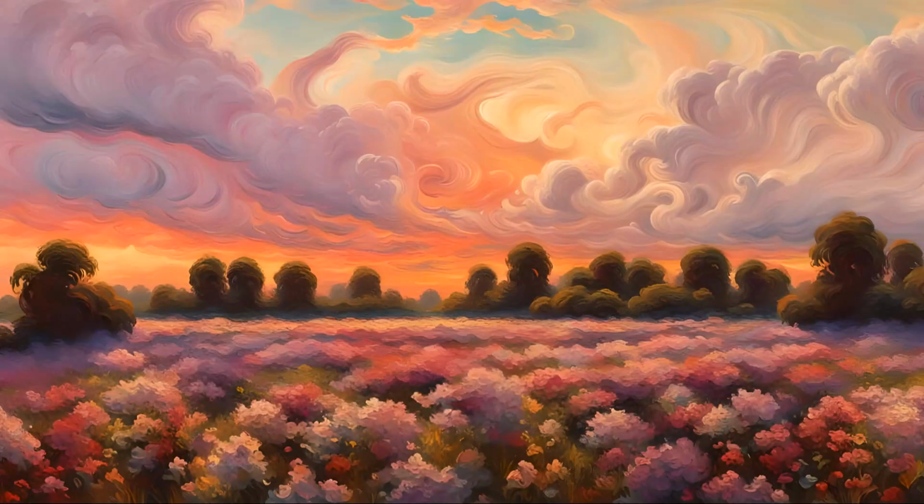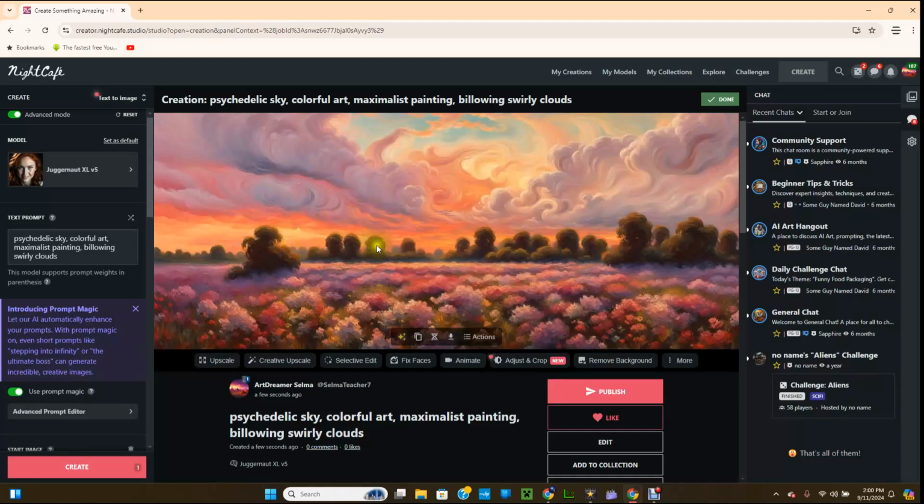Wow, another beautiful image. Look at this, the colors, and it does look like a psychedelic sky, colorful art, Maximalist painting. Billowing, swirling clouds, for sure it does. Wow, that is amazing.